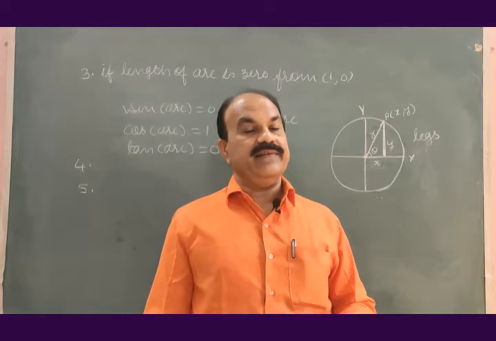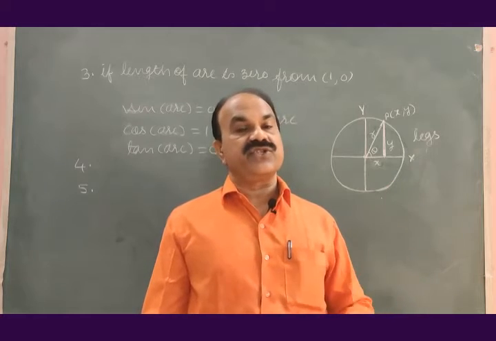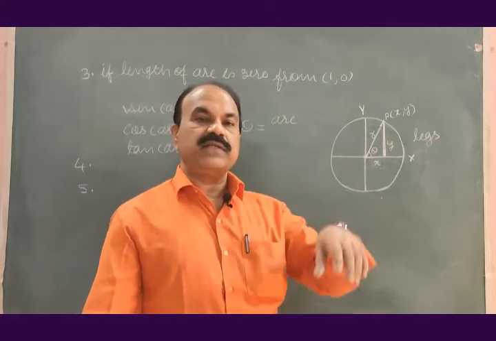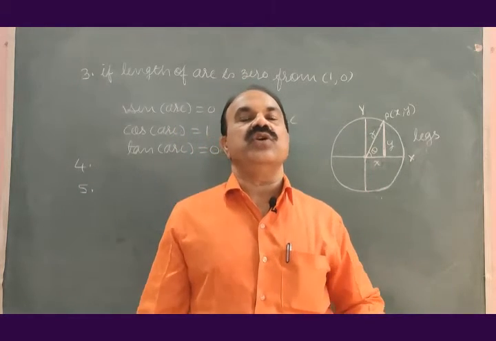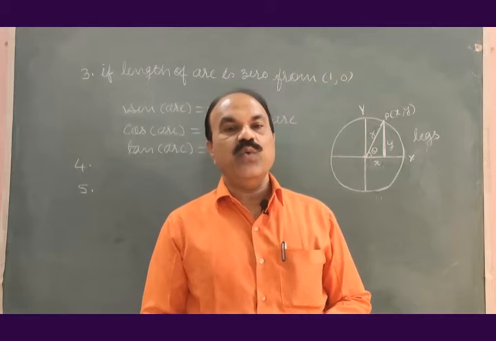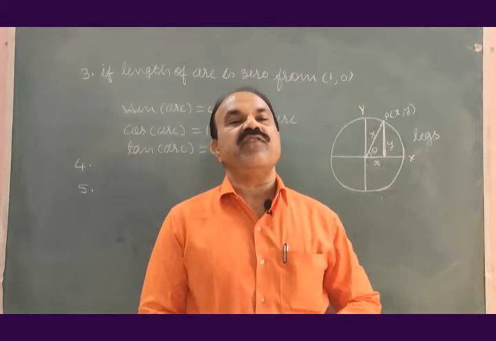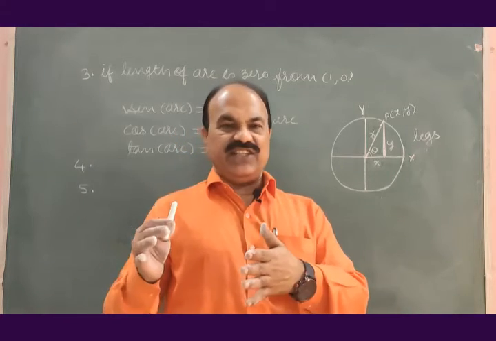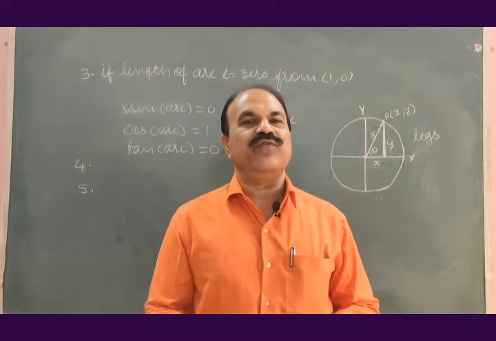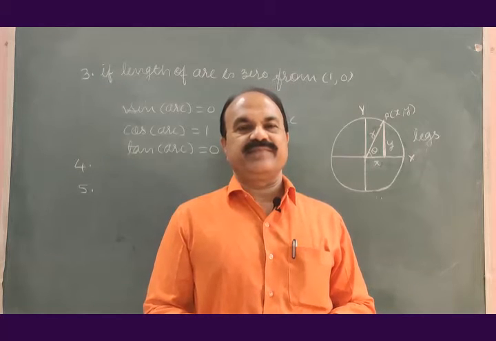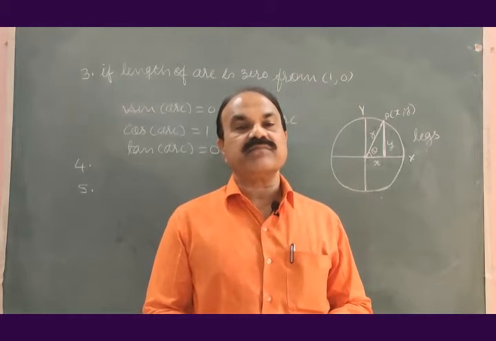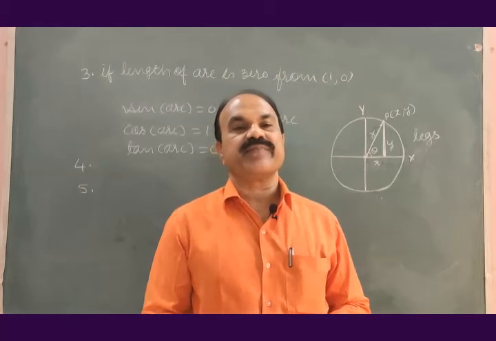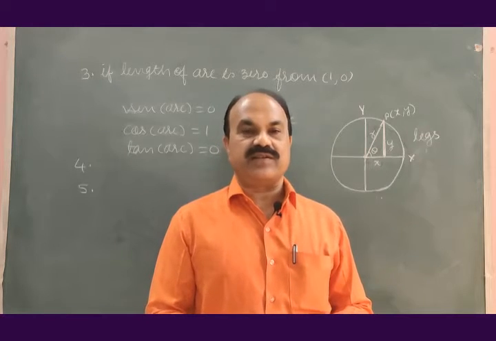We can define all the trigonometric functions in the first quadrant, in the second quadrant, in the third quadrant, as well as in the fourth quadrant. How will these trigonometric functions be in the first, second, third, and fourth quadrants? How to remember? What will be the signs of these trigonometric functions in these 4 different quadrants?